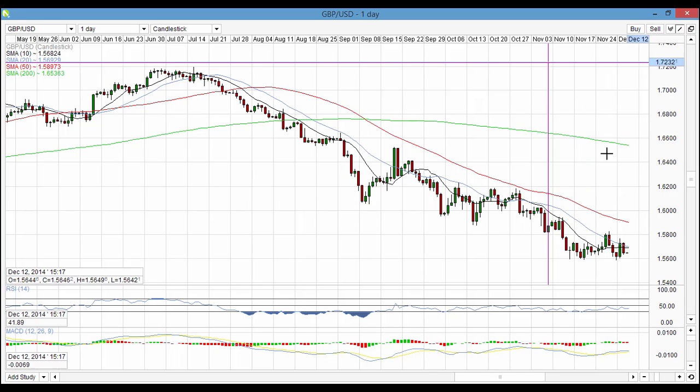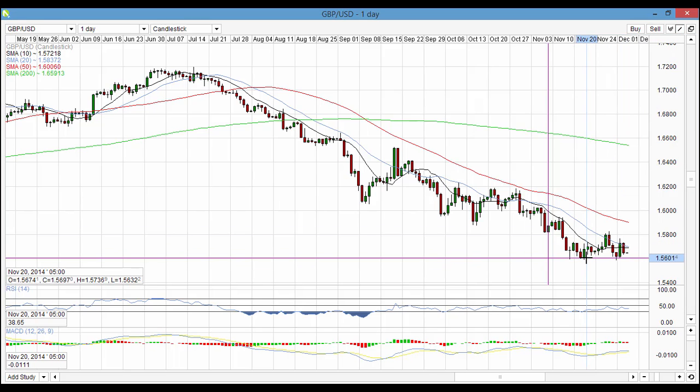So the level that we're looking at is around the round number of 1.56. So we had a touch over here, came down, touched again, came up much higher, came down again, touched this level, made another lower high over here and then came down into this level again. There is the expectation that the market will continue lower because the overall direction is to the downside. However, as we said, non-farm payroll has the effect of changing the direction of the overall trend. So watching this level very closely.